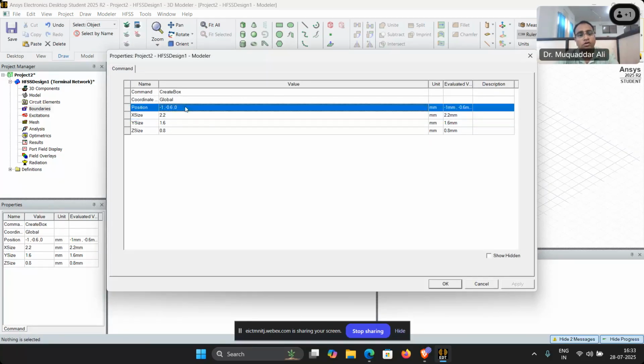Okay, so whenever we are creating some object, we should avoid using the exact values. Like here, it is minus 1 mm, minus 0.6 mm. These are the exact values. So we should avoid using exact values. Instead, we should be using some variables. So variables are things that we can change later on, and we don't have to go